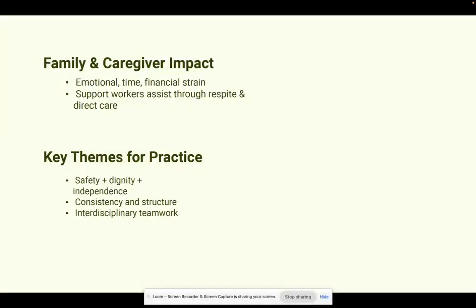Dignity and independence always go together. We need to recommend and then teach them how to be independent somehow if they are able to do so. If their right hand is working, then let them use their right hand. If their left foot is standing, then let them use their left foot, etc. Right? So those things, and make sure there is consistency of the care that you're giving, and there is a